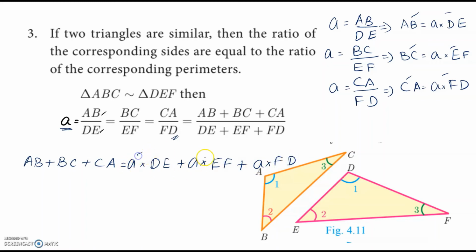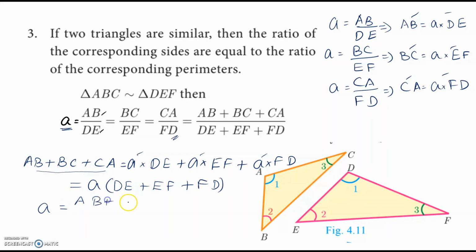Now you can see that A is common to all the three, so we'll take the A out. A times (DE plus EF plus FD). Now retain the A here, then bringing the DE plus EF plus FD to the other side, we can say A is equal to AB plus BC plus CA